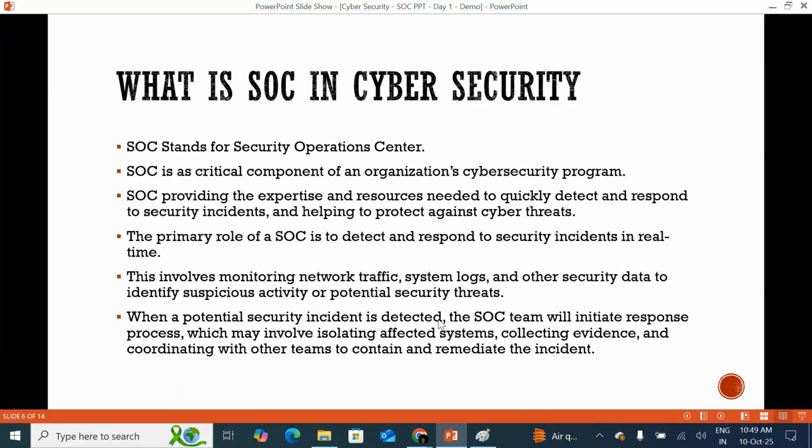When a potential security incident is detected, the SOC team will initiate the response process, which may involve isolating affected systems, collecting evidence, and coordinating with other teams to contain and remediate incidents. In simple understanding, cybersecurity can be compared with the corona. If you observe corona 2019, COVID-19, when it was coming into the picture,